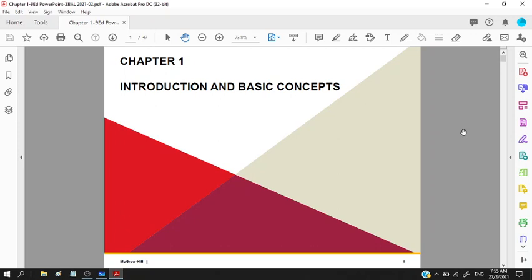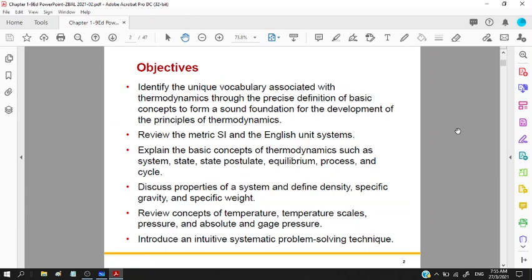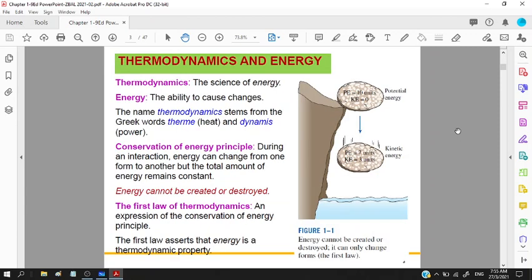So now we go for chapter 1, the introduction and basic concept of thermodynamics. This is the objective, and this is the thermodynamic definition, whereby thermodynamics is the science of energy. We are trying to look at all the energy involved in mechanical engineering. And what is energy? The ability